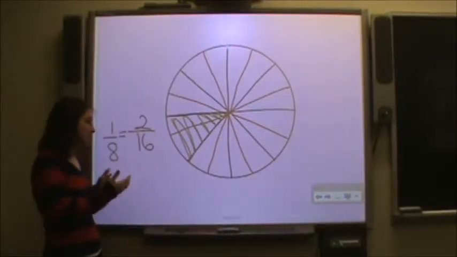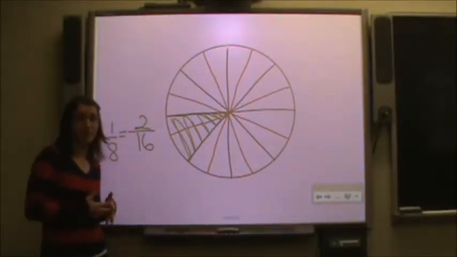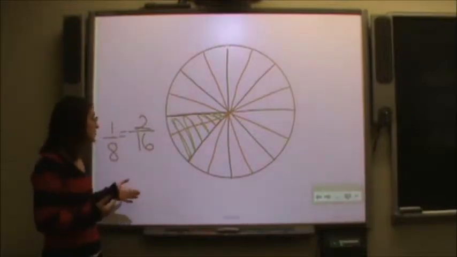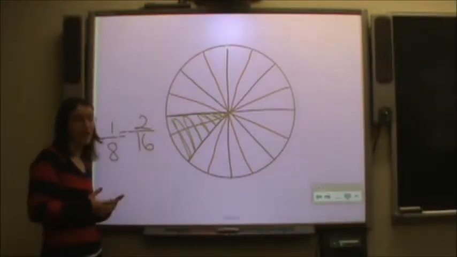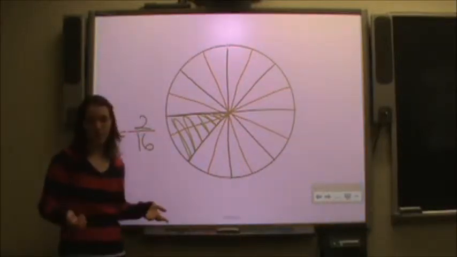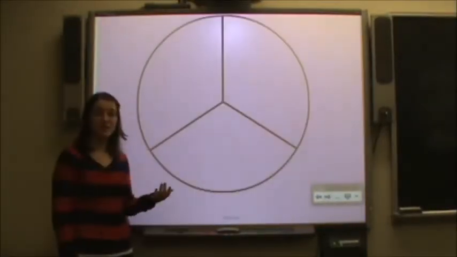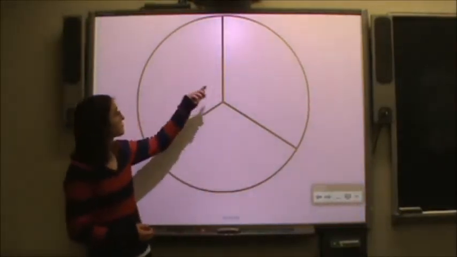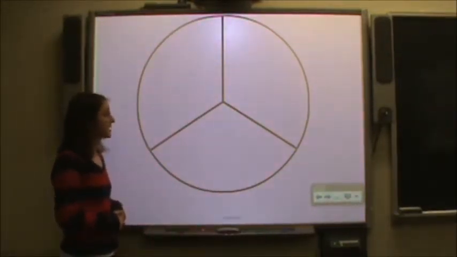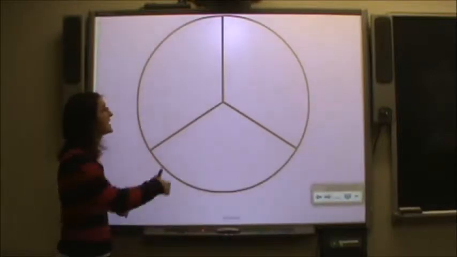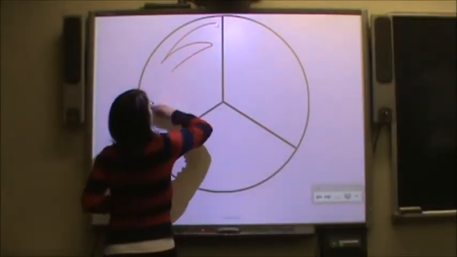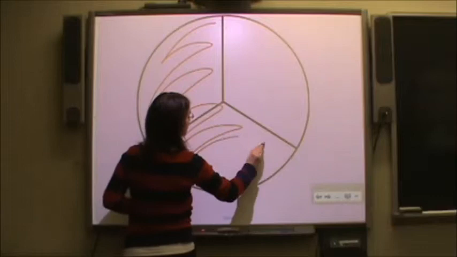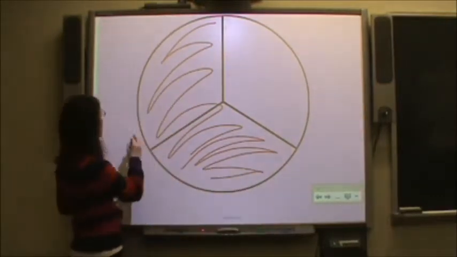So now that we have a little bit of an idea of what an equivalent fraction is, we're going to work through it and figure out how we find equivalent fractions, and also work on understanding what they are a little bit more. So let's look at another example of equivalent fractions. A circle is cut into 3 pieces, and let's say my fraction is going to be 2 of those pieces, so 2/3. So I'll write that over here,